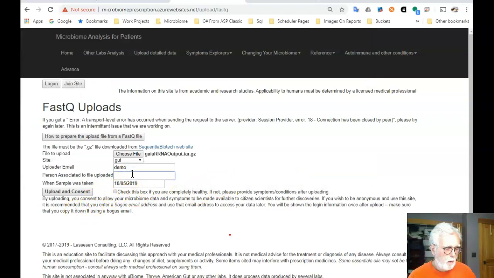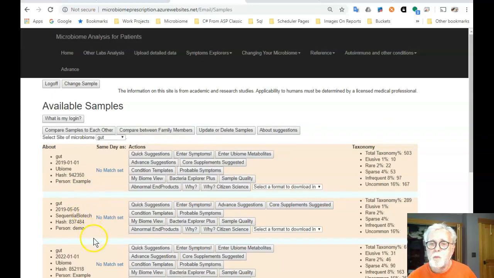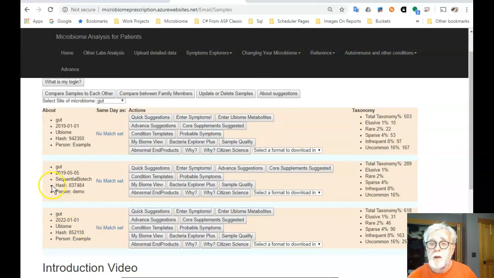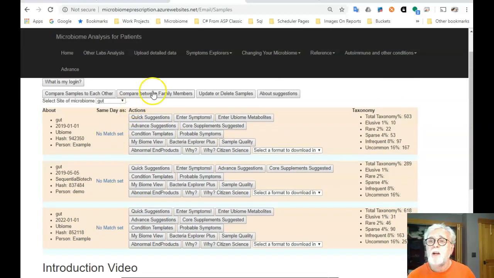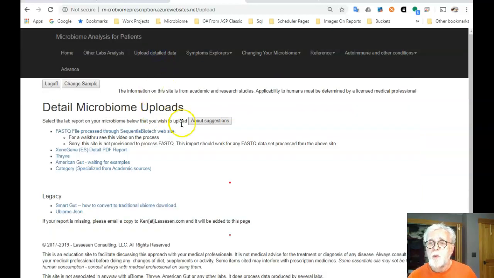and I'll put the person here as YouTube. You should update the dates to whatever date it was actually taken on, and then click upload and consent. Now, it takes a few seconds to process it, but not that long, and now we have what we just did right there. Now, if I want to do it again, just for the sake of illustration, go back, upload again, walk through,